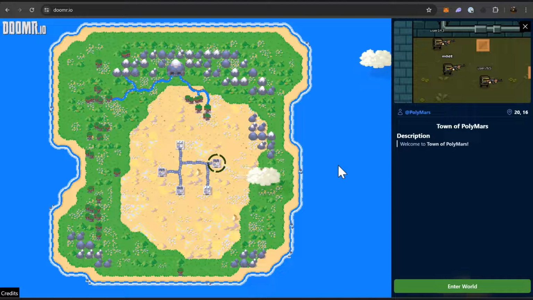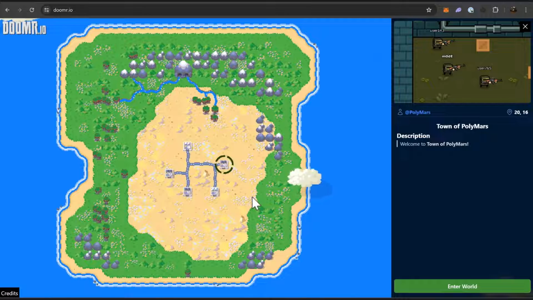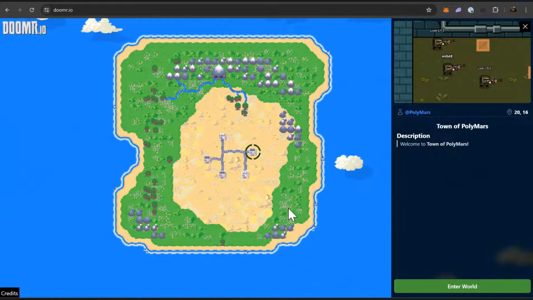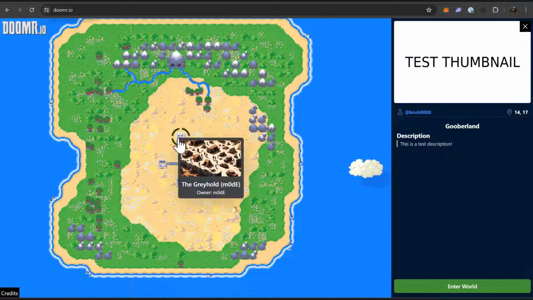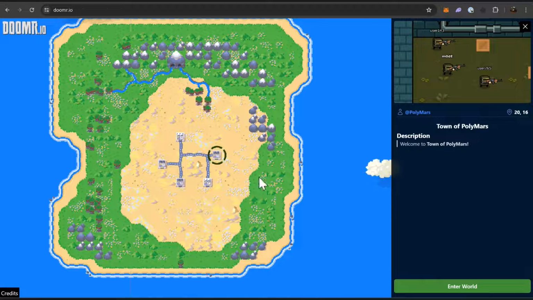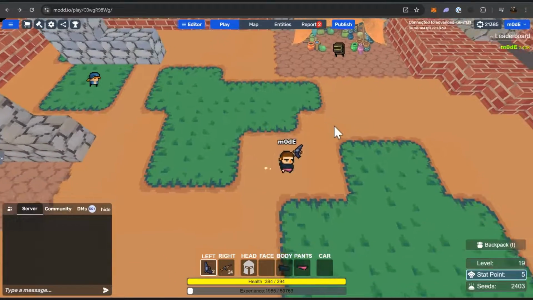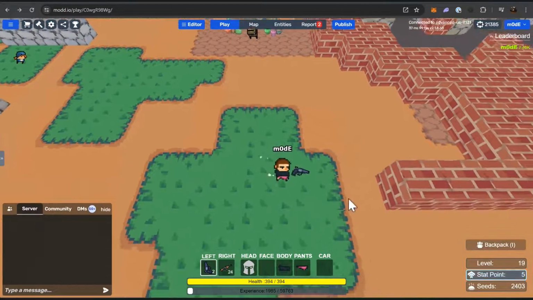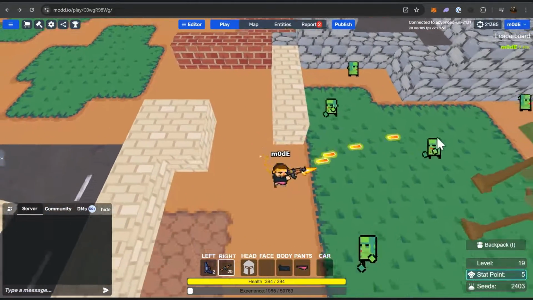Hello there. This video is to show you how you can customize your own map in the world of Doomr. Doomr is a MMORPG game where there are multiple bases that you can play from, and in each one of the bases, so the base looks like this. So yeah, this is one of the bases in this game, and here you can move around and kill zombies